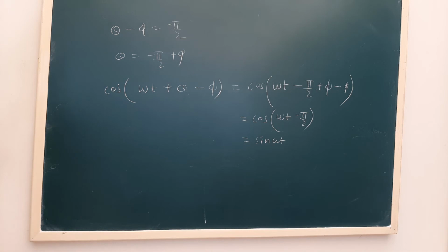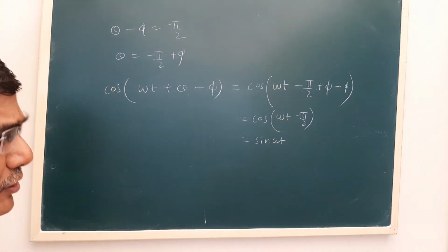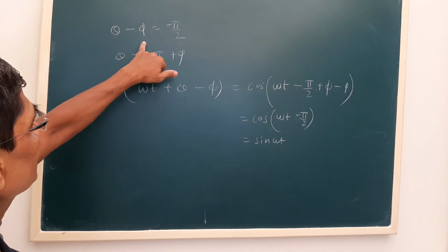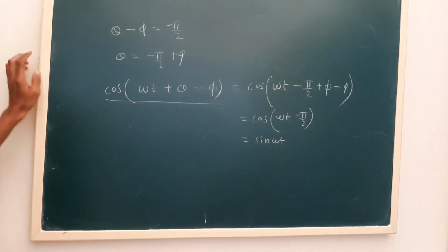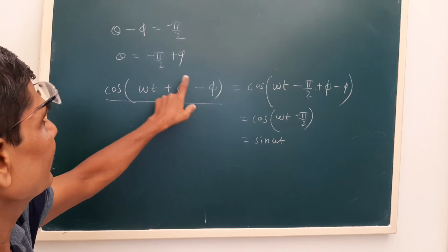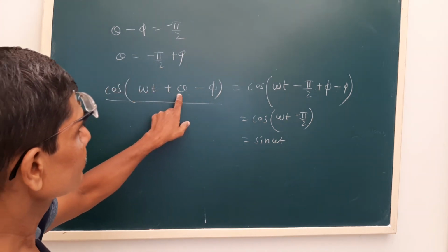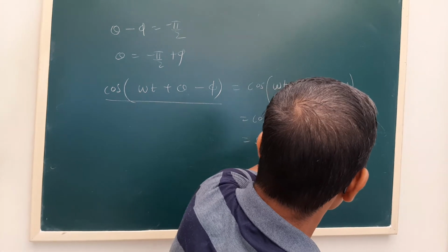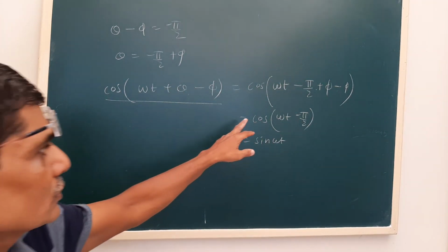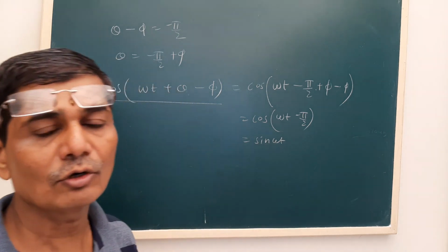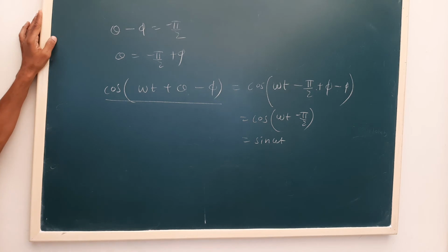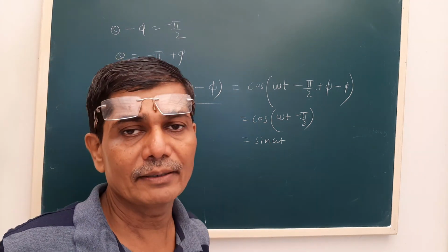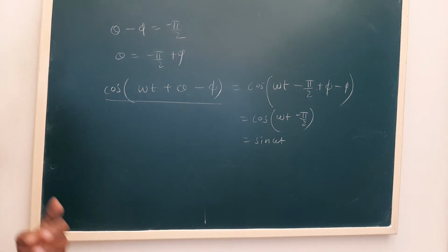Now see, we have obtained the relation. Now we assume that theta minus phi is, let us say, minus pi by 2. So what is the value of theta? Minus pi by 2 plus phi. See, our equation is Qm cos(omega t plus theta minus phi). If I substitute the value of theta here, it will be omega t minus pi by 2 plus phi minus phi, and we will get cancellation. So cos(omega t minus pi by 2), that is, cos(pi by 2 minus theta) is sin theta. So the left hand side and right hand side have become equal. So the equation is satisfied.